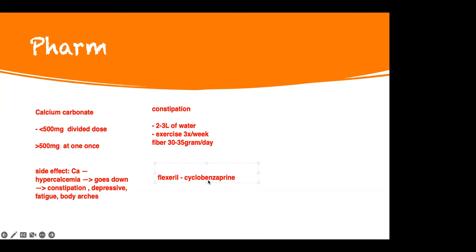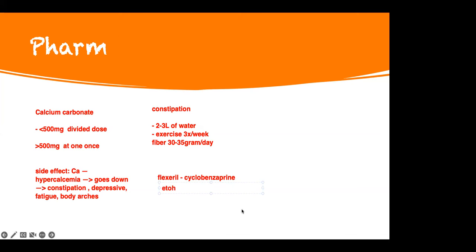When you see cyclobenzaprine, it's the same as Flexeril. They won't use the brand word. They will write the generic name. Don't get confused. This is not clozapine, okay? This is not cyclosporine. It's cyclobenzaprine. All it means is a muscle relaxant. So it's going to relax your muscle. There's a bunch of them, okay? This one,